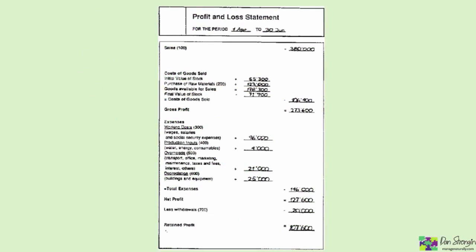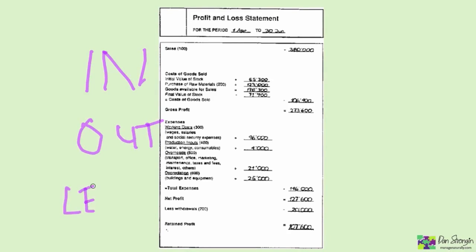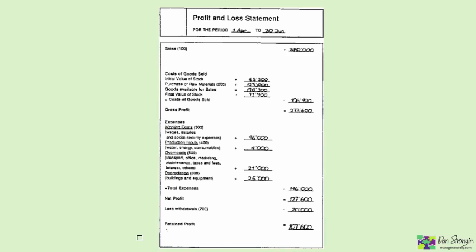Here's an example of a profit and loss statement that was done by hand. It has what came in, what went out, and what, if anything, was left over, which is what people investing in the company need to know, and what's covered by the guidelines. But it begs the question, is what the investors and the bankers need to know in the financial reports the same thing as what the person operating the business day to day needs to know in order to make better decisions? And that is exactly what we're going to learn for the rest of the course, a way to be able to manage from real, useful, actionable knowledge.